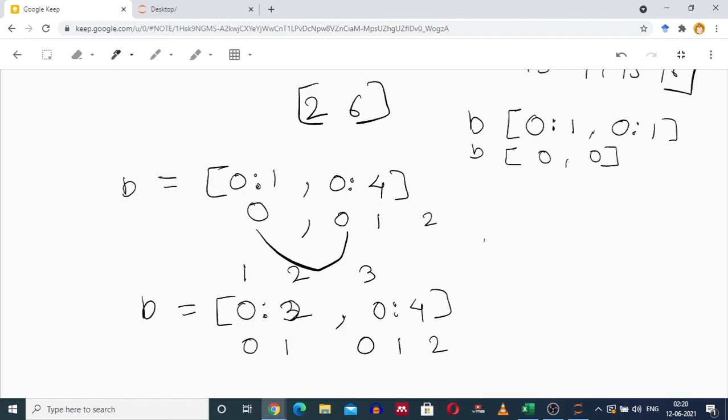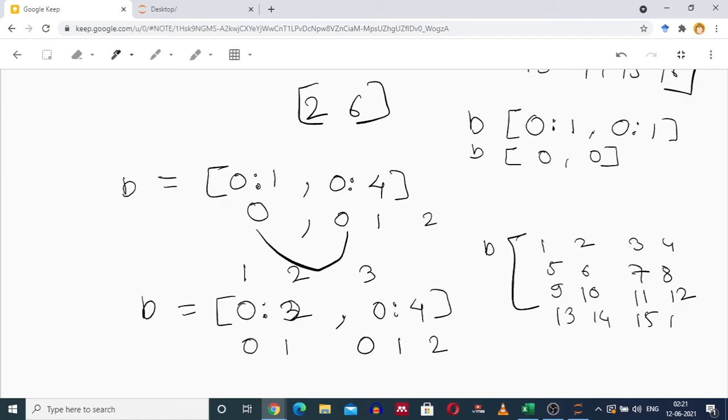For selection, you have B: 1, 2, 3, 4, 5, 6, 7, 8, 9, 10, 11, 12, 13, 14, 15, 16. You have to select first 2 rows. So this is row 0 and row 1. These 2 rows are selected, and this is column 0, column 1, column 2.